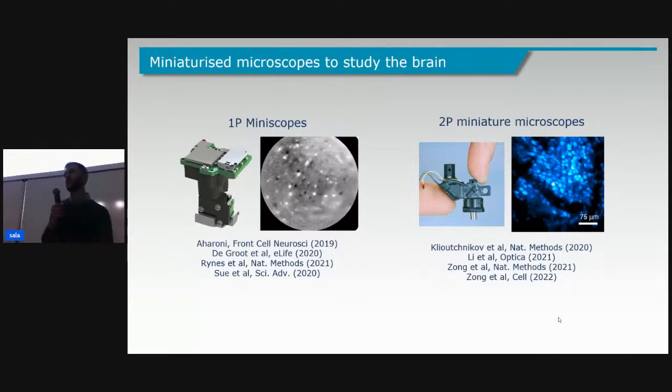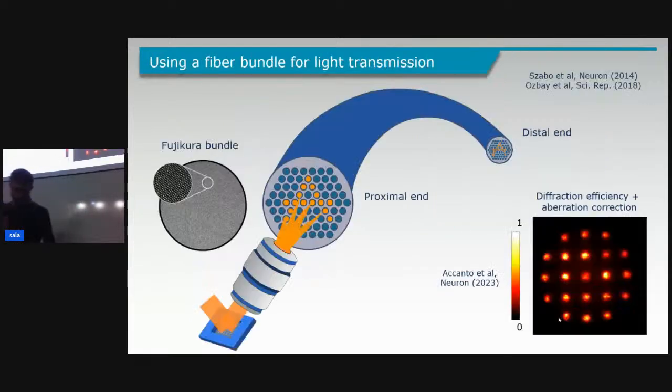or if you want to one day translate this technology, with its limitations, of course, to a hospital in which it's very hard to have a two-photon microscope with many different spatial light modulators altogether. What you can do is that you have your optical setup somewhere, and then you just have a fiber that goes directly wherever you want. And so this was the motivation behind this work. Of course, we are not the only ones doing this. So you can see that in the last few years, there have been several publications on this. So we jumped into this